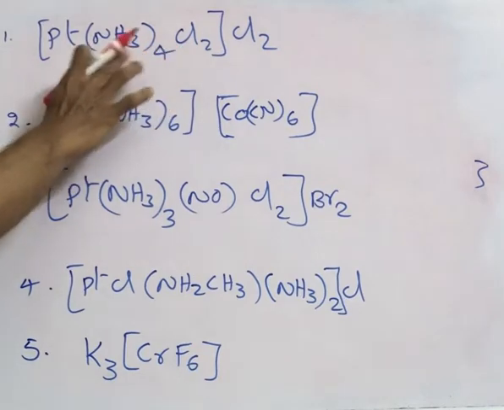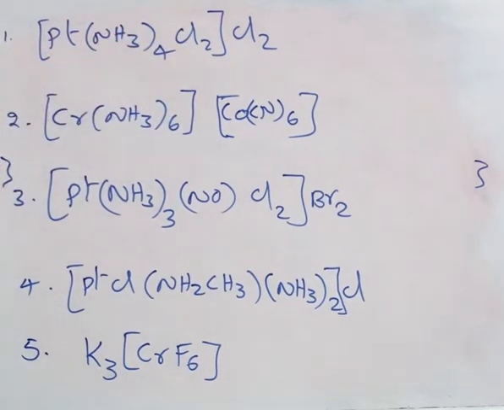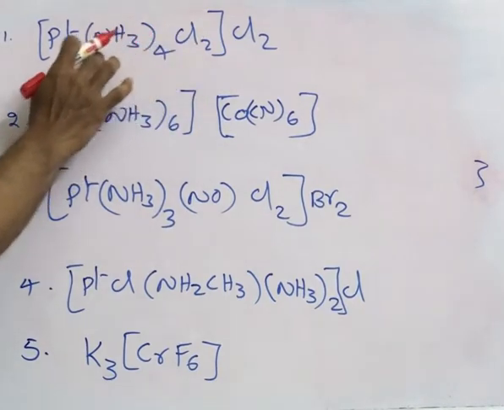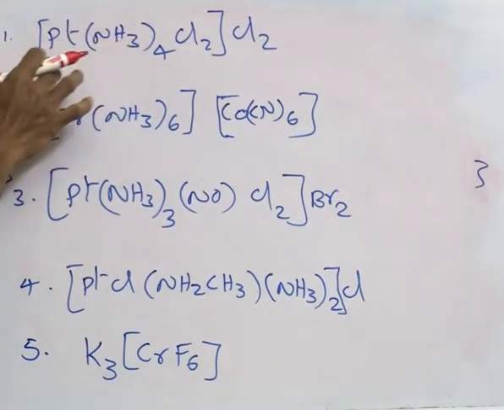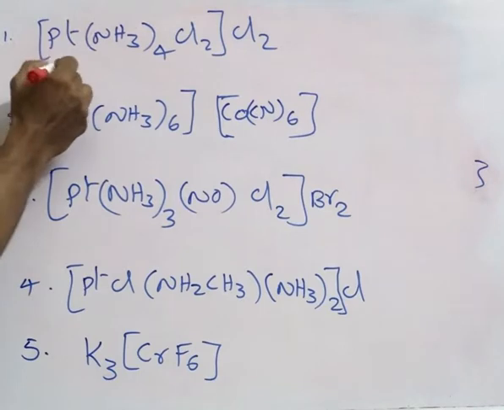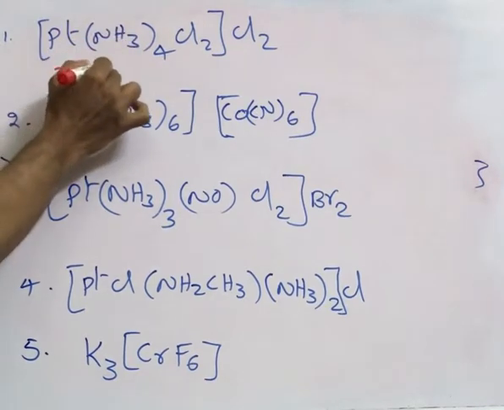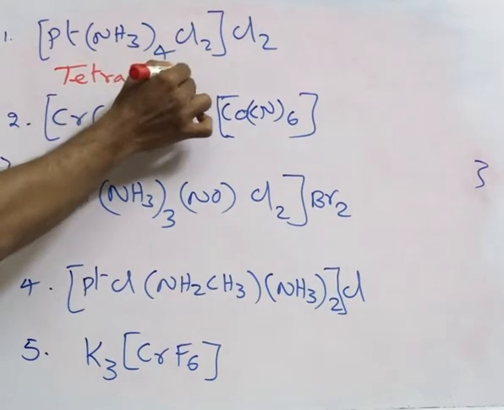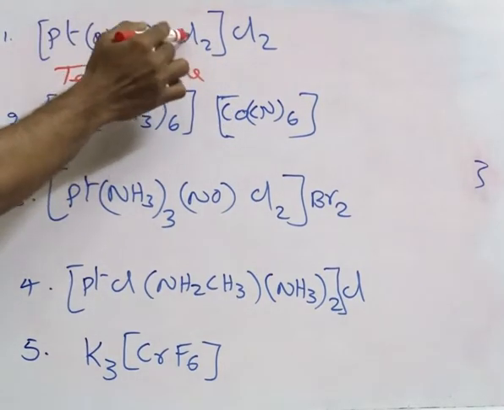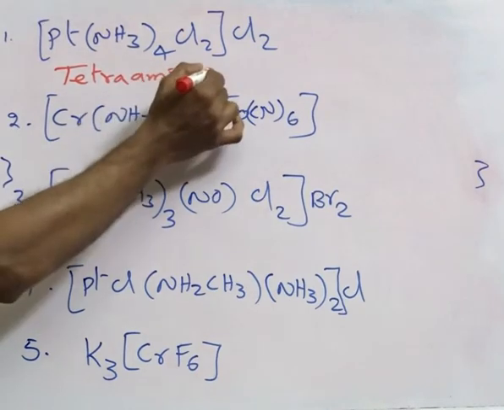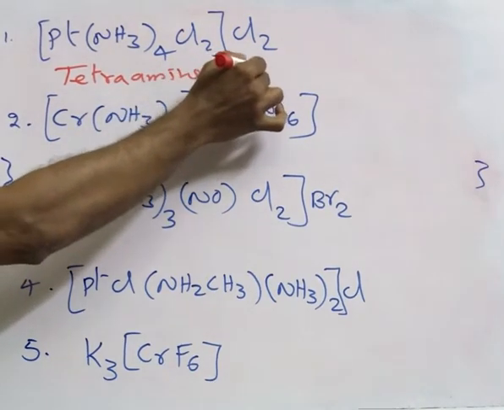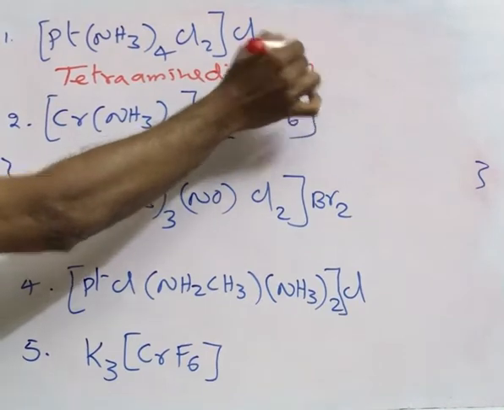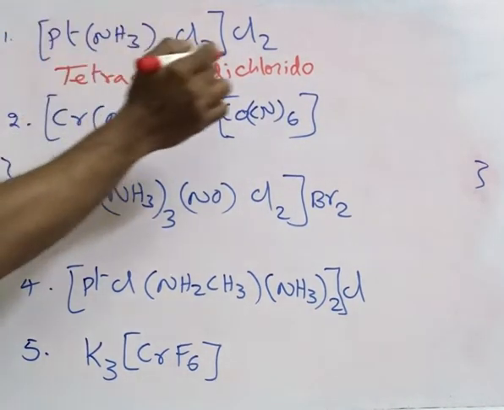So what do we have to write? You have to find out the name of this, amine, and this is chlorido. As per the rule, if you have two different ligands, we need to arrange them in alphabetical order. So first you need to write the ligand. So here amine first, so tetraamine, then chloride ions, 2 are there, so dichlorido. Then you write platinum,